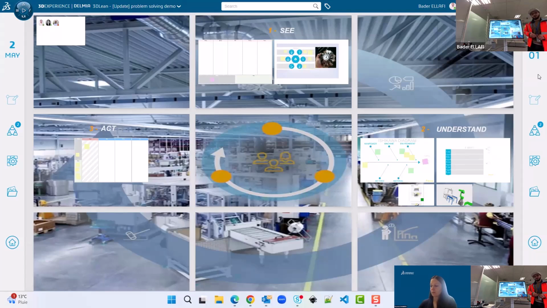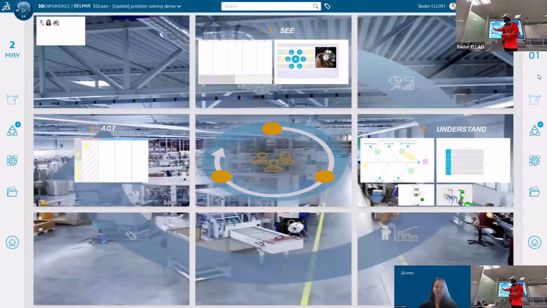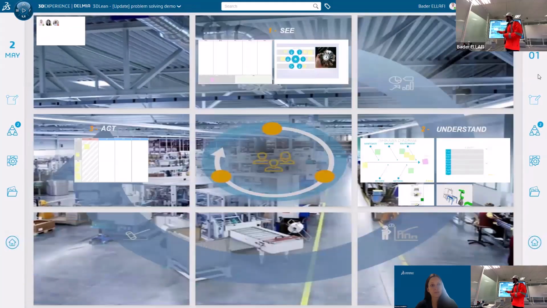Hello again. So now we are going to investigate a problem solving issue from the shop floor, which is about scratches on Blisk. And we have invited our engineer, Florette, in our problem solving meeting. Florette will be with us